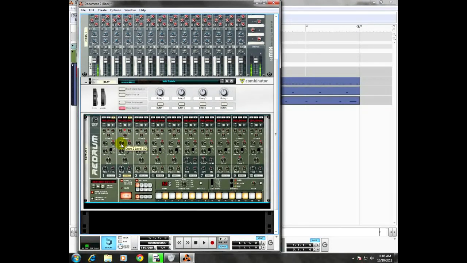And the level's a little too high, so we want it to cut back a little bit. Alright, so that sounds pretty good. Now we go ahead and right click and copy this pattern to the track, disable the pattern selection tool,